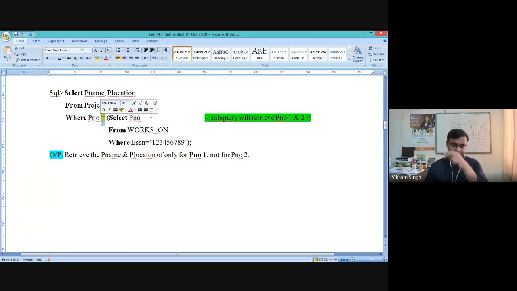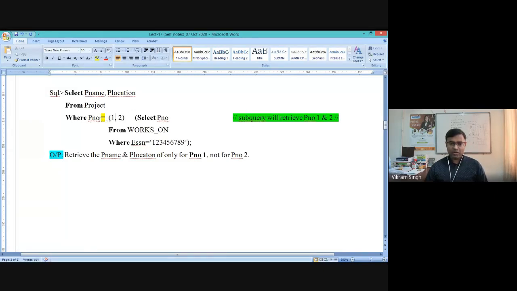Here we are using the equal to operator. You cannot compare this project number attribute with two values, because the inner query has derived these values, 1 and 2. Now you cannot compare these two values.